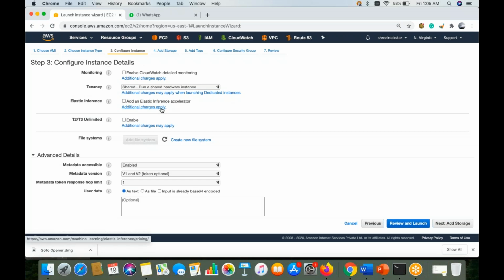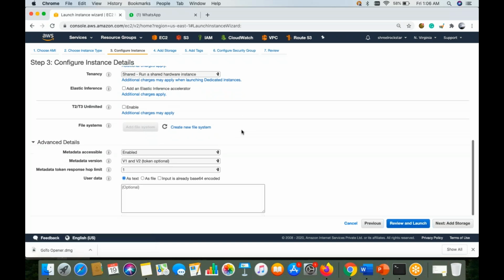I would also request you guys, once you work on your account, click on each step, and that will give you more understanding about what exactly each option is and why it is required. That will always help you in an interview question, about what options are available and how we can work them out.